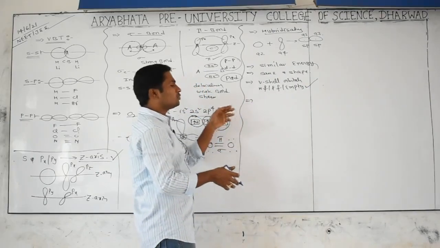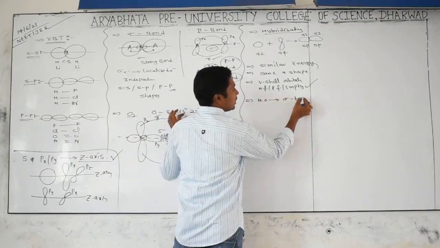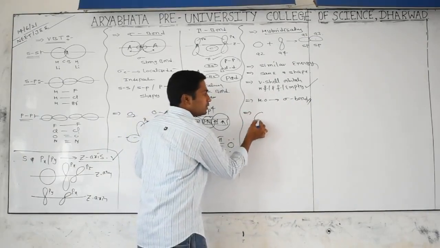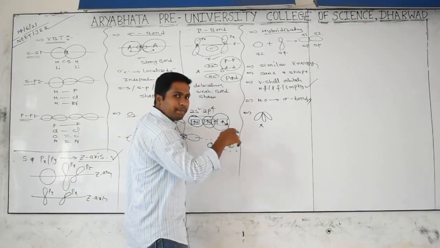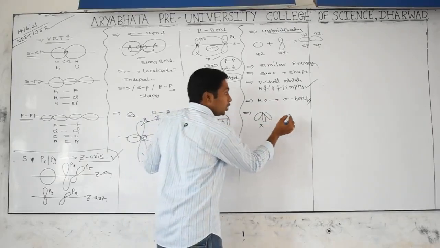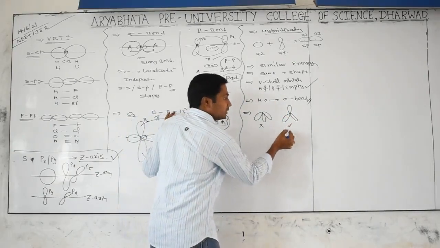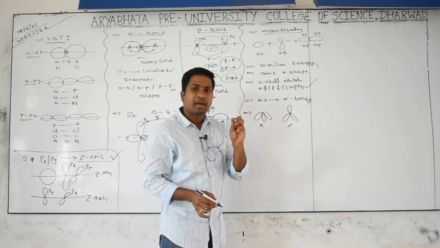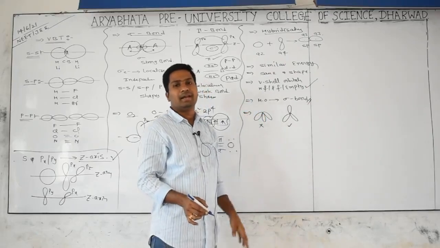One more thing we have to discuss: hybrid orbitals always form sigma bonds. Only hybrid orbitals form sigma bonds. How will hybrid orbitals be distributed? For example, if 3 hybrid orbitals are there, they should not exist like this. Why? Because the gap between them will be very small, repulsion will be high, energy will be high, and stability will be less. Instead, the 3 are distributed in a trigonal planar shape. This is the proper arrangement. So hybrid orbitals arrange around the central atom in such a way as to get minimum repulsion and maximum stability by acquiring less energy.